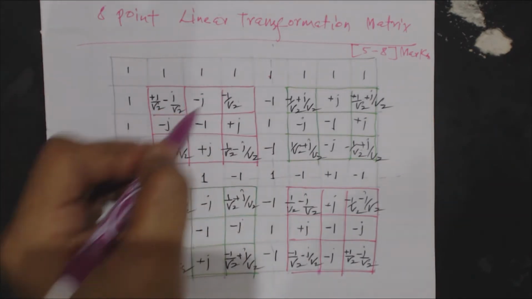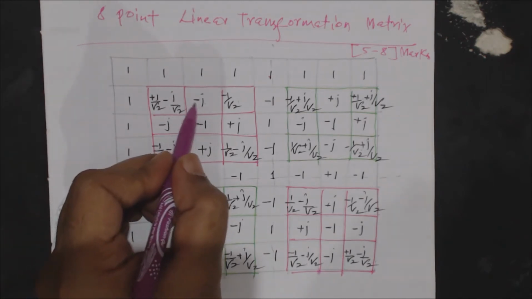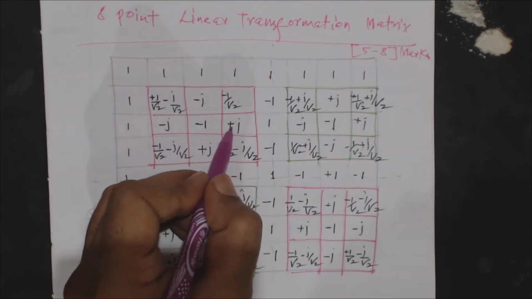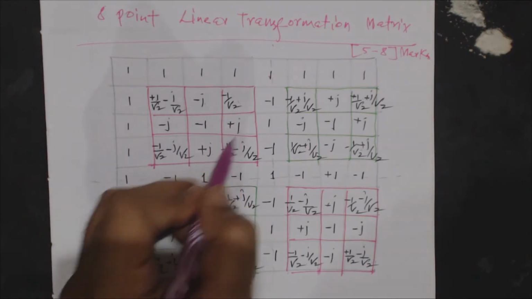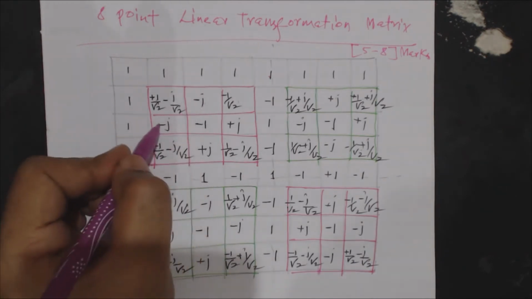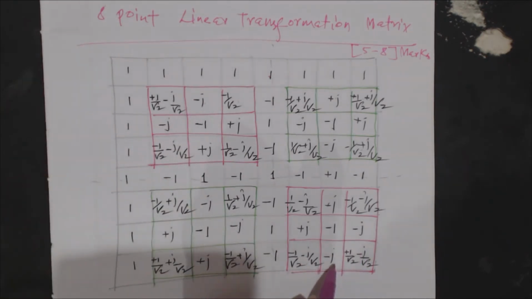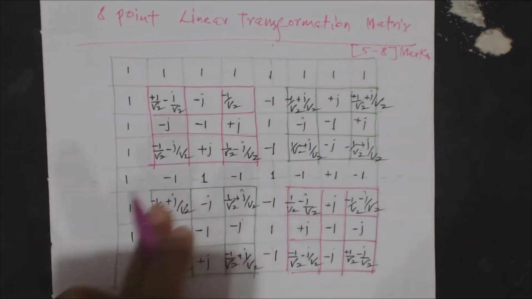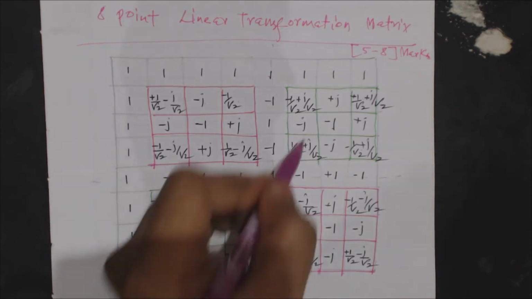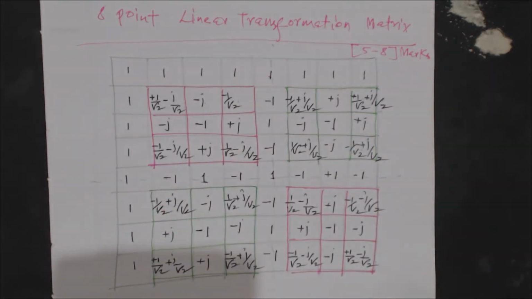Now let us start with this box. Locate the upper diagonal and fill it up with minus j. As this is minus j, the opposite diagonal will be plus j, plus j. Now as this is plus j, the diagonal here will be plus j and this will be minus j. Remember, as this is minus j, this will also be minus j and minus j. Now in this box, this diagonal will be plus j, this will be minus j, minus j, plus j. This is also over.